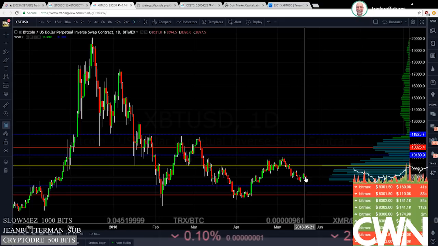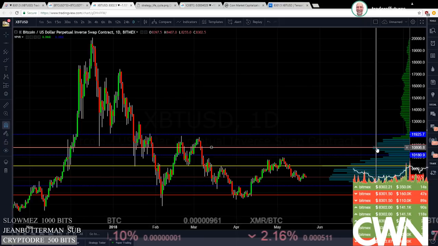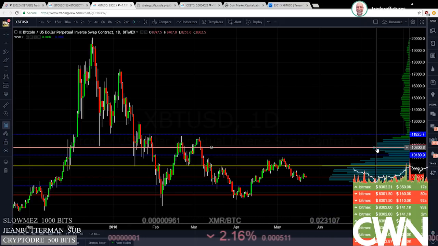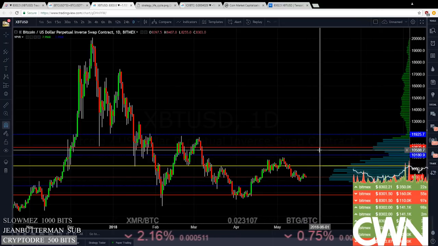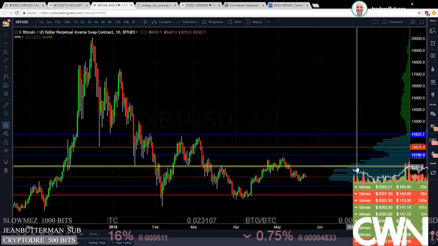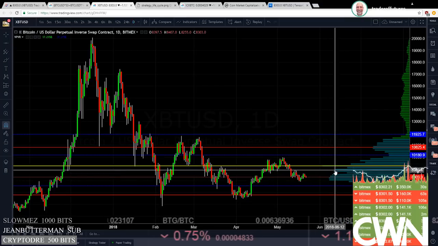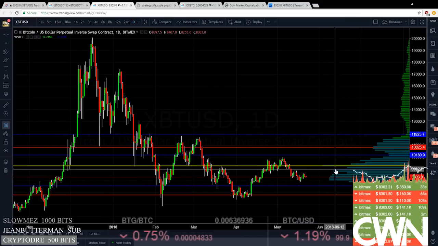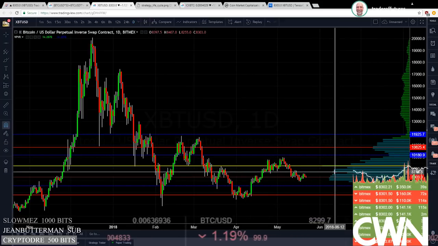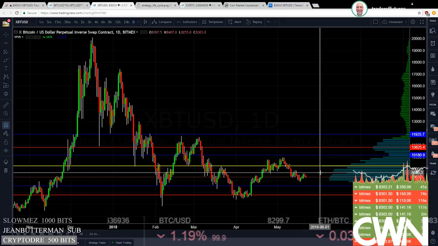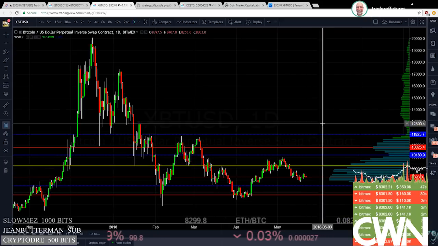The energy that it's going to take to go from this POC to this high value node up here at about 10.8 is a tremendous amount of volume and energy. And before it even gets up there, it's got to move through what appears to be two high value nodes here, the POC and another one right above it. And there's a number of low volume wells right in between that are going to have a significant impact on the behavior of price as it moves through the structure.